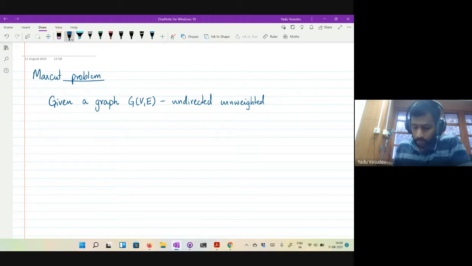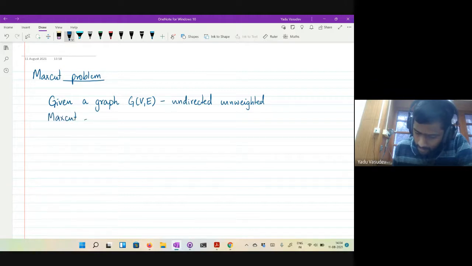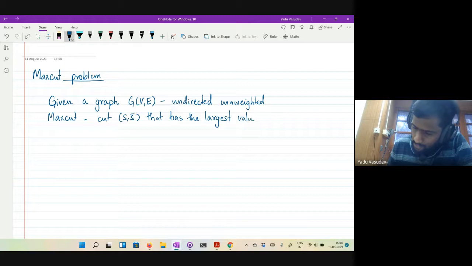And you want to output the max cut, which is a cut S complement that has the largest value among all cuts.